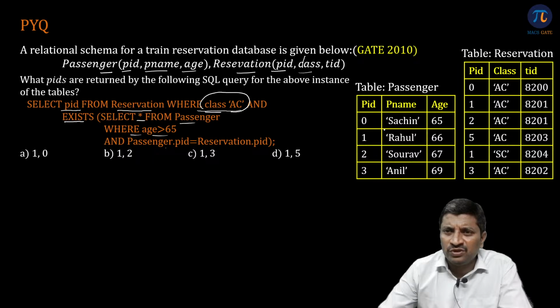For 0, we don't get anything, sir. Just give me 1 second. For 0, it's not correct. For 1, it's fine. For 2, it is fine. 5, we don't get. 3,